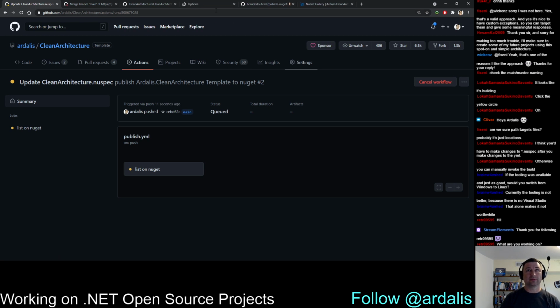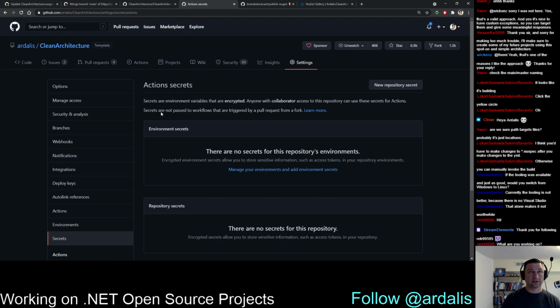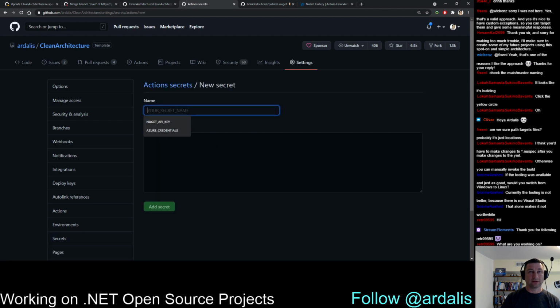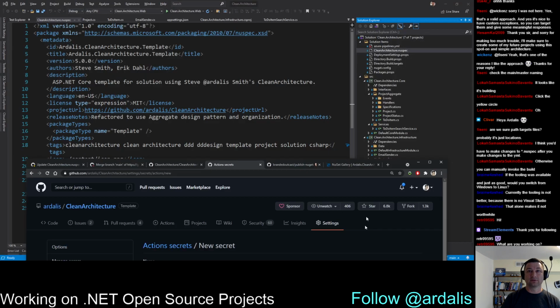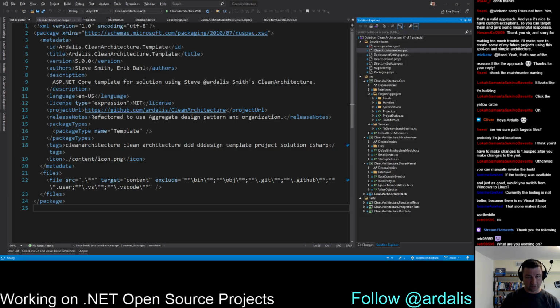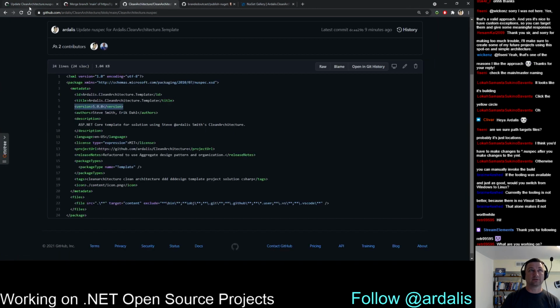Meanwhile, we're going to open up settings. We're going to go to our secret keys here. And we're going to add a new secret. And our secret name is Nuget API key. And our secret value is, well, secret. So we add that secret. And then we move this back up here where you can no longer see it. And that should work. So if we come back here,